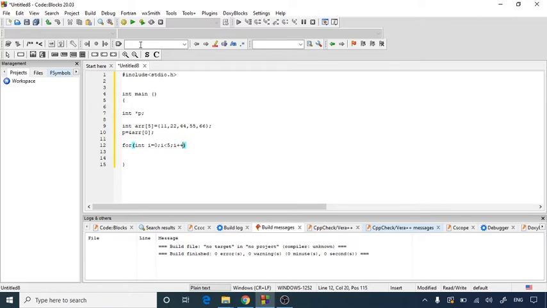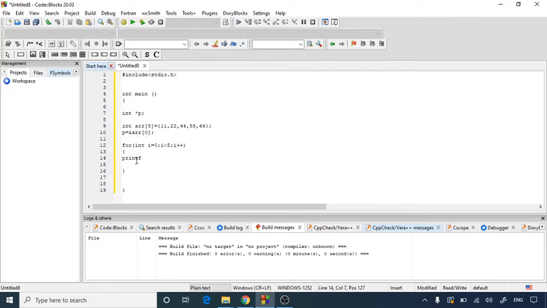Inside that for loop we are going to write a printf statement. What I am going to print is each and every address of the array element by using the pointer variable.